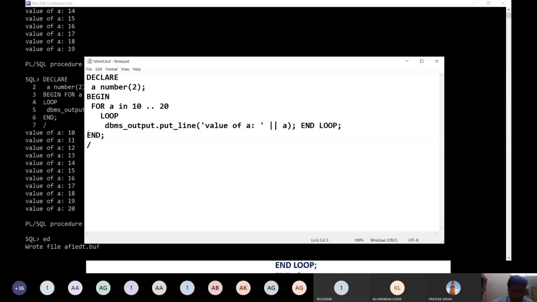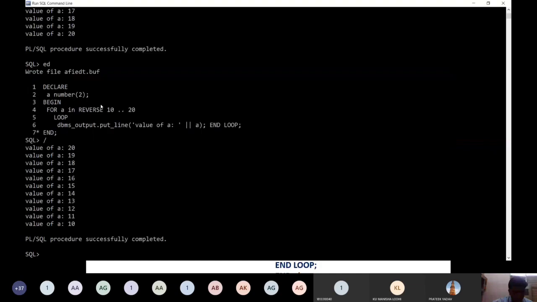You cannot say that we write 20 here. This value always denotes the initial value, whether it is 30, 50, or 20, so it is not printed in reverse order. Basically, for reverse order, we have to write this reverse keyword, right? So 10 to 20 in reverse order. Check it and see whether it is printed. When we do the reverse, the value of A is now printed from 20 to 10, right?